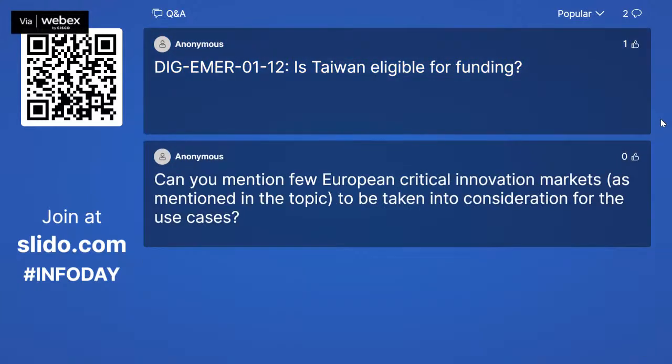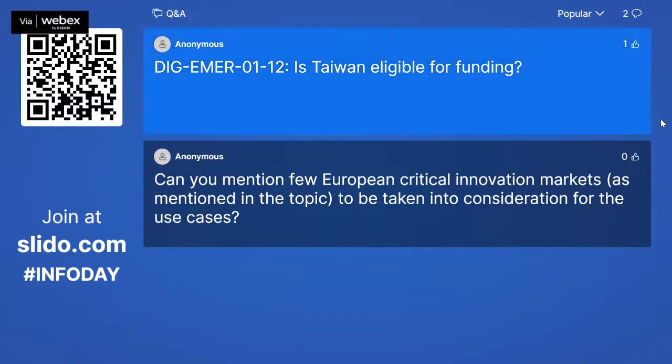Let's move to question 2. Is Taiwan eligible for funding? No, the answer is no. What is seen in terms of the collaboration is to have common objectives, but the EC will not directly fund Taiwanese companies or legal entities there. But in this domain, clearly the market is a global market. When talking about